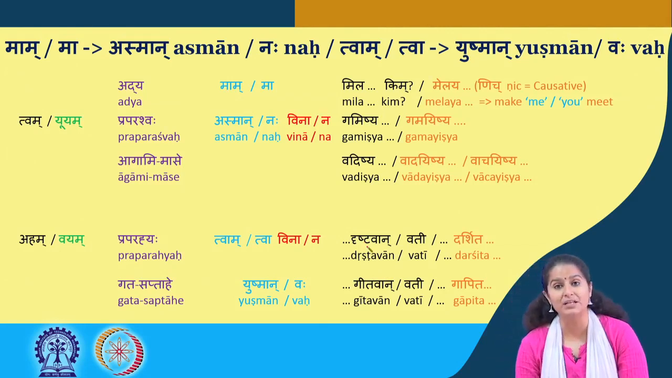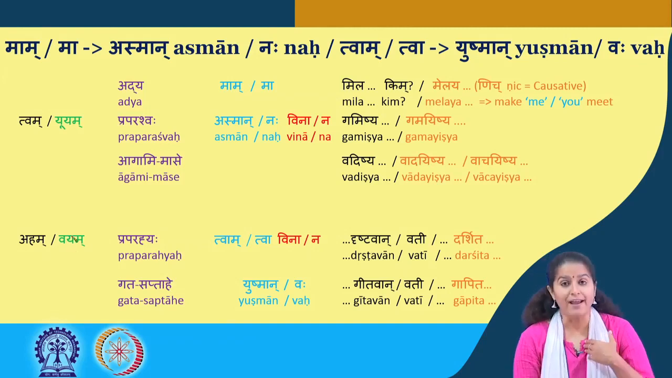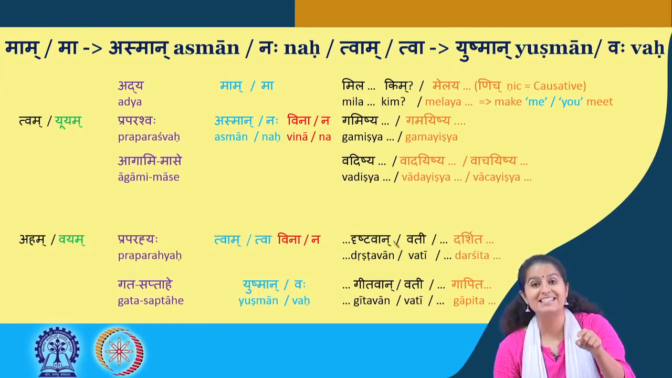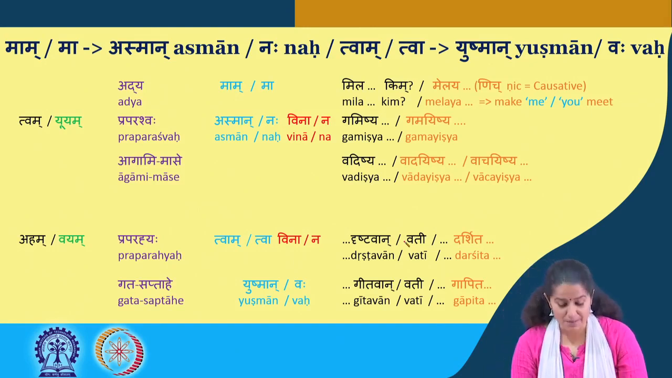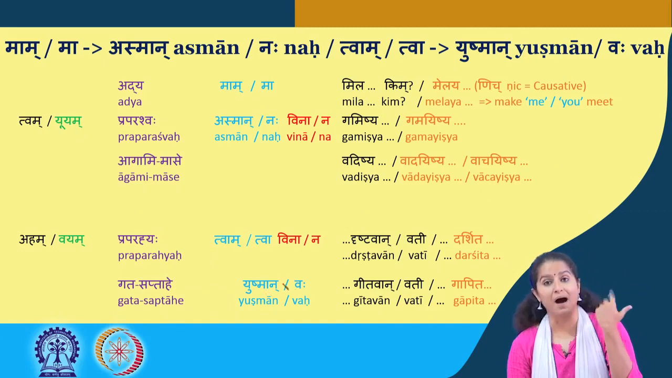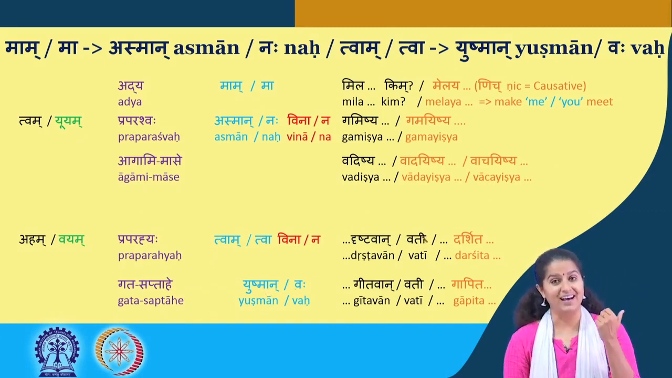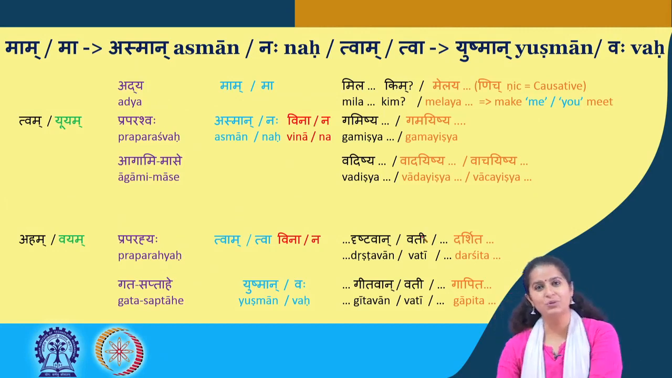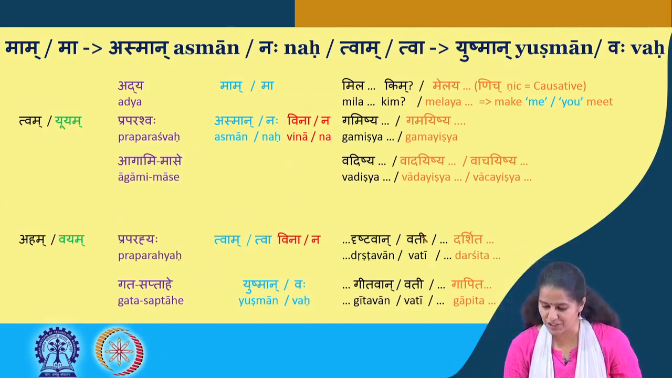If you want to make that into the plural, so vayam praparahyah tvam drishtavantah or drishtavatyah. And then with the plural, vayam praparahyah yushman drishtavantah or drishtavatyah. Let's do the causative of it. So the causative here is